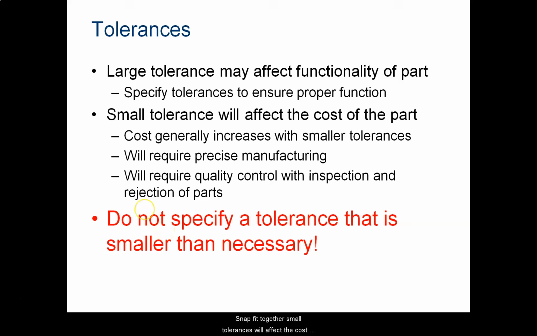Small tolerances will affect the cost of the part. Having the ability to make a really small tolerance means you're going to have to manufacture more of them to maintain that preciseness. For a manufacturer who's going to build these things, if it's a really small tolerance, they're trying to build that thing very precisely, and so chances are they'll have more scrap material, and so the costs